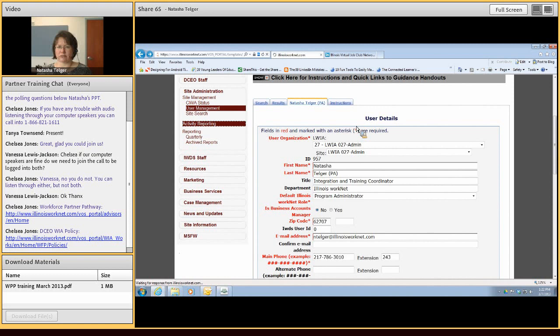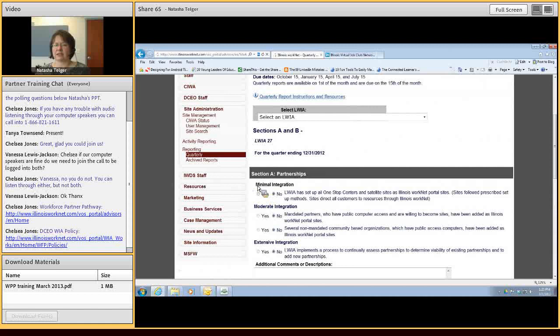This is just 2 areas, and the key that I want you to see with this one is that this is an example of a report that measures the level of integration. So you can see we have minimal, moderate, extensive. Now, I'm clicking on moderate, yes, anything higher, and it's not doing anything. If I click minimal to yes, then it unlocks moderate. I have to select both yeses for moderate, otherwise I can't select extensive. Once I select that, it unlocks extensive and so forth. So it builds upon